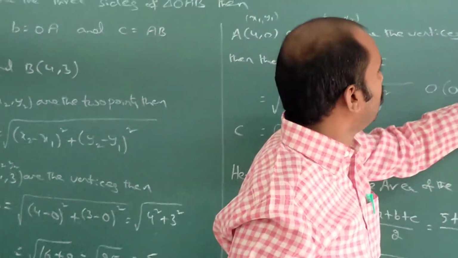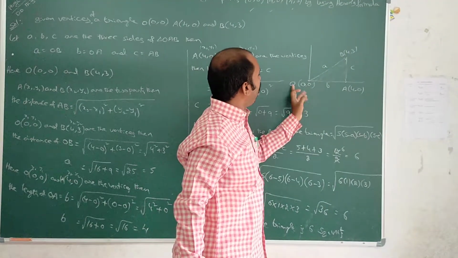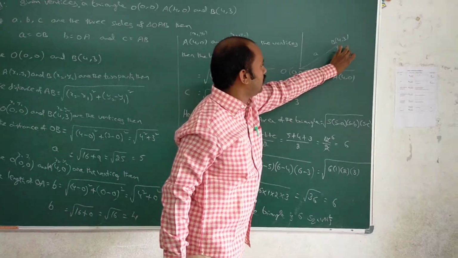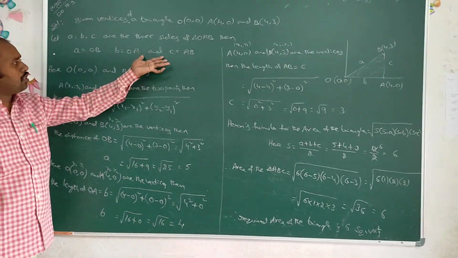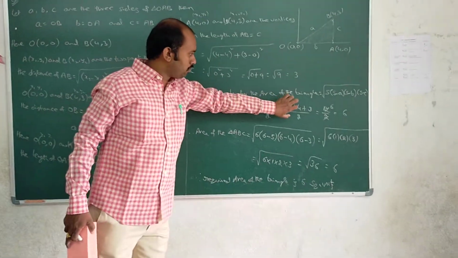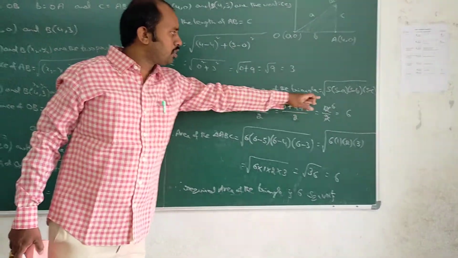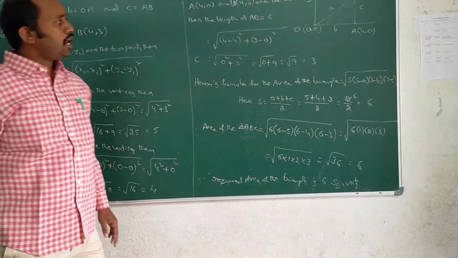Okay, opposite sides. You have B opposite small b. You have A opposite small a. Here the origin opposite, you can take C. Any order you can take. So these are the three sides. The lengths of the sides you must find. After this, you substitute these three sides and the S value also into Heron's formula. Simplify, and you get the area of the triangle.